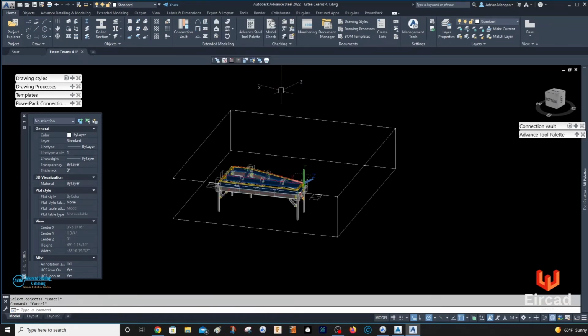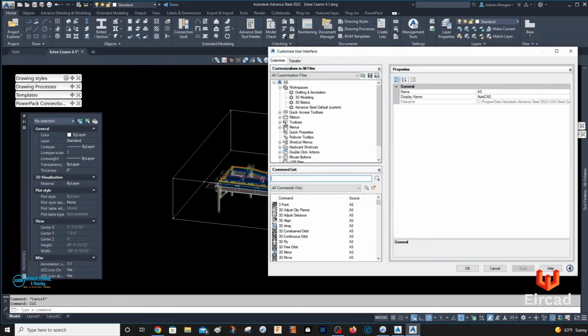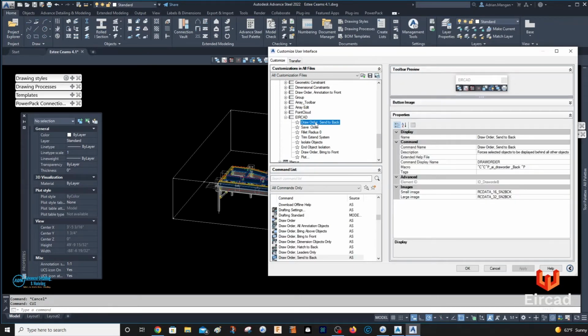Let's go back into the custom user interface and see if we can move them. We should be able to, but I'm just not sure. Let's go in here, draw order, send to back. Maybe I'll put a separator in.